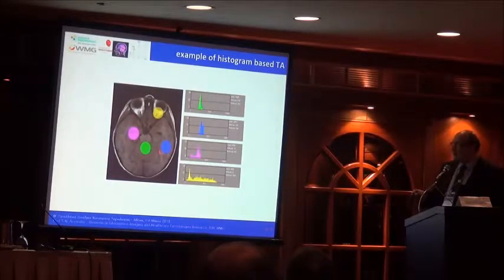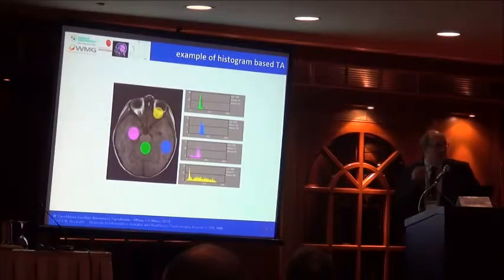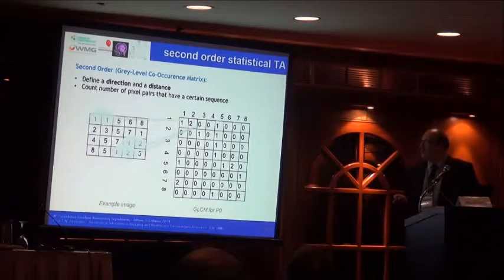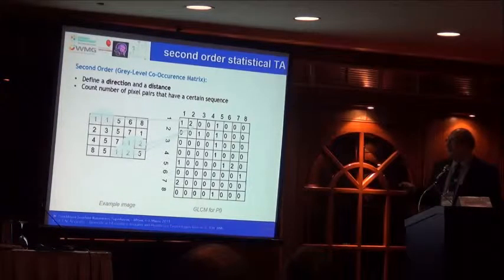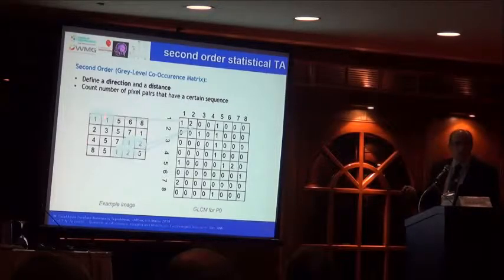But it's interesting that if you look at the small variations into grey, white matter, the different regions show you distinct histogram differences. So we have more detail than the human vision can discern. That's very important. Now, the second order is more interesting because it looks at interesting patterns within an image. So, for example, we can look at patterns of pairs of pixels. So, in this case, we go to a particular direction in an example image space, and we count how many of these pixels might have the same value.